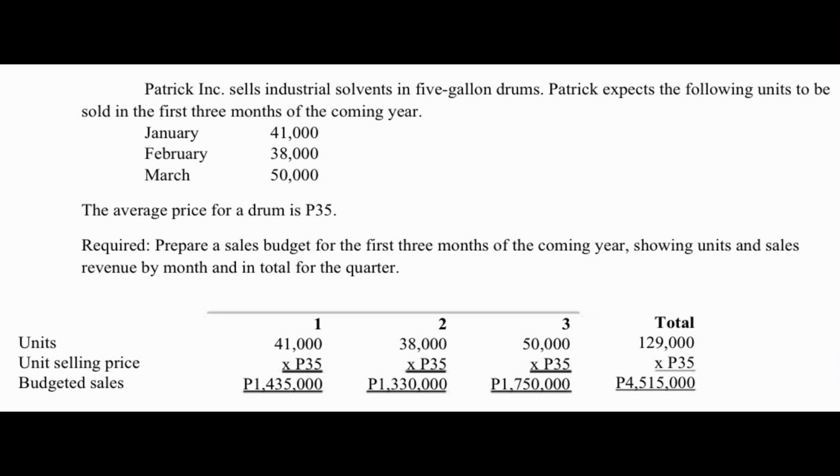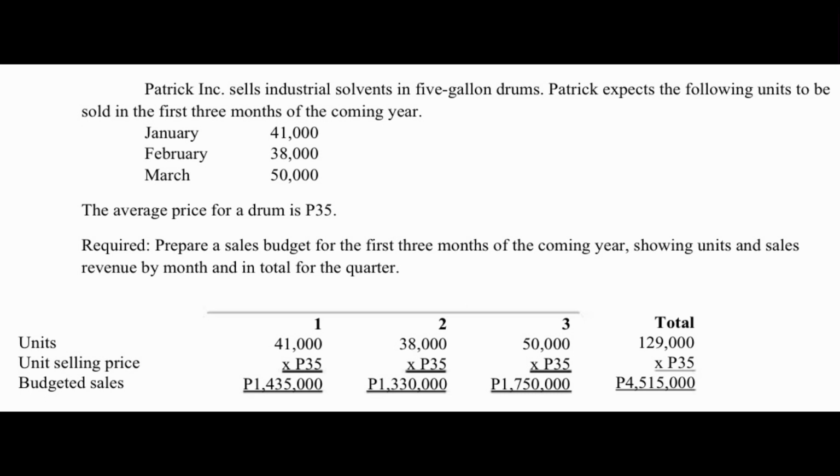Unit selling price, nakuha ko po yung unit selling price. Kung makikita nyo po sa screen, the average price for a drum is 35 pesos. So for the first month, January, minultiply ko po yung January na units sa 35 pesos for unit selling price, and equal po siya ng 1,435,000. Ganun din sa units for February, 38,000 times 35, nag-equal po siya ng